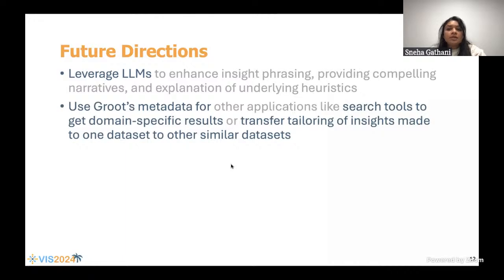Another opportunity lies in utilizing the metadata generated by GRUD to support other applications. For example, you could use the data to support visualization search tools to deliver more domain-specific results. Additionally, the metadata could be used to propagate insights to other similar data sets, saving time so users can reuse these tailored insights instead of having to start with a new data set from scratch and tailor it on